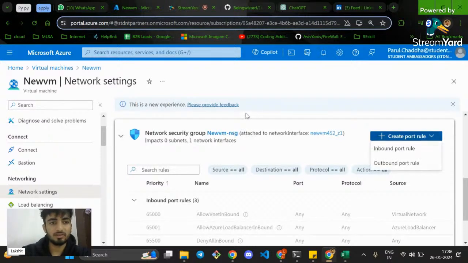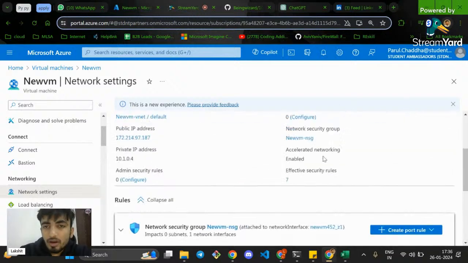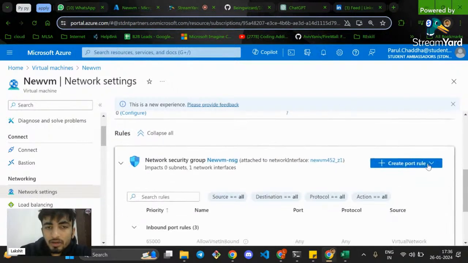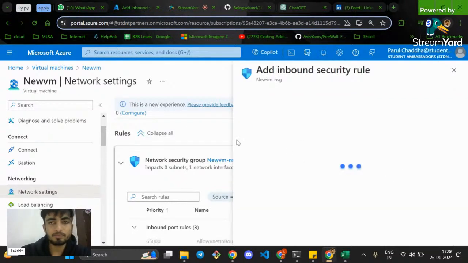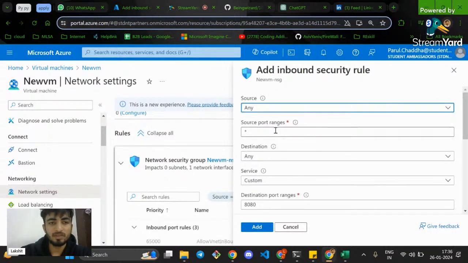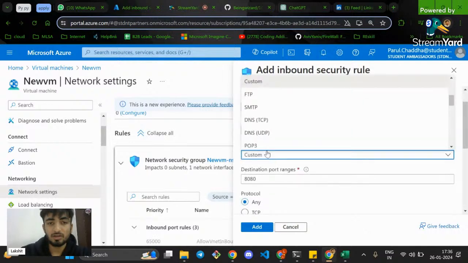create this. Yeah, here you go. We will create the inbound port rule, and we will do a couple of things here. Source, let the source be any, right? Let the port ranges, it's fine. We don't require port ranges. In the service, we can keep the